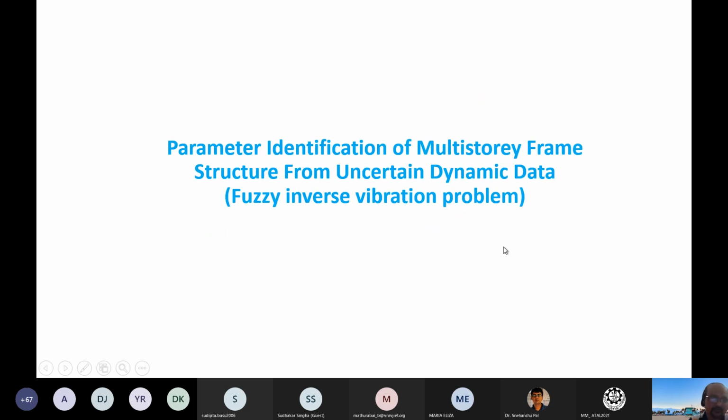Before going into parameter identification, which may take at the most 20-25 minutes, if you have any confusion, any clarification or any simple question, you may ask now, then I will start the parameter identification. Hello? Hello? Hello, sir. If you have a simple query, you can ask, or I can continue otherwise. Should I continue? Yes, sir. Okay.